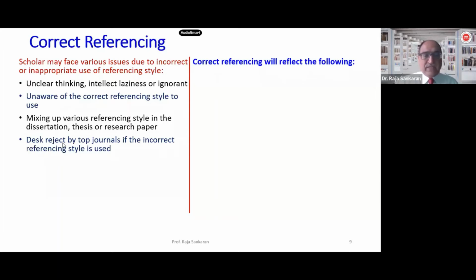It is liable for a desk reject by the top journals, and you must make sure that whatever work you're doing is of quality. You must make sure that the efforts you put in as part of your research, you also give the same due diligence to your research paper writing, every section for that matter. And if you do not follow the correct referencing style expected by that particular journal, it would be desk rejected. I will show you some of these as well with respect to how we move from one to the other.